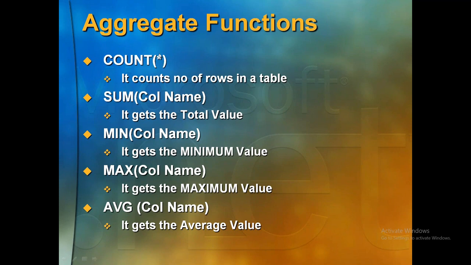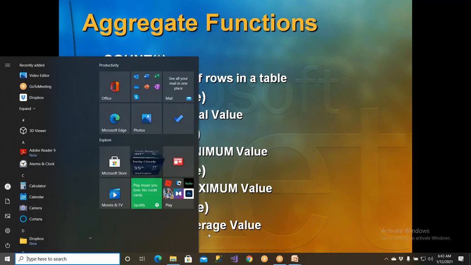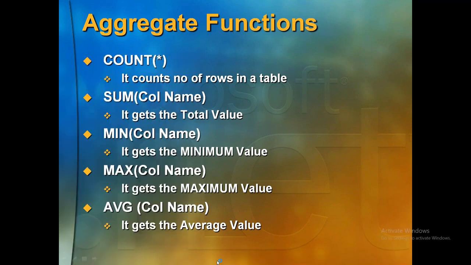If you say star means all columns, you're wrong. In this context, star means a junk value. Remember this point: there is no meaning to the star. Select star means it is getting all the columns. But in count star, the star has no meaning. Star means a junk value. Let me open my SQL Server